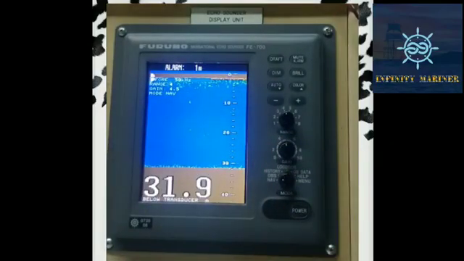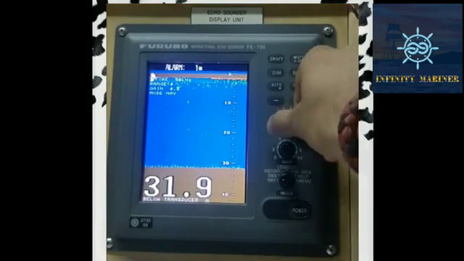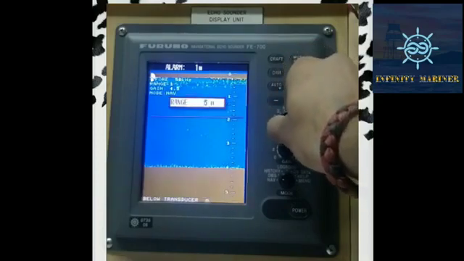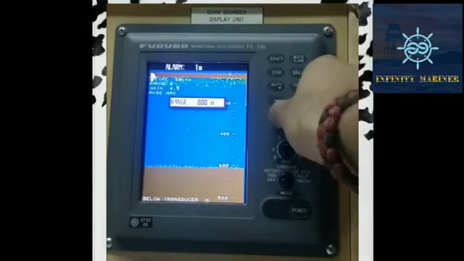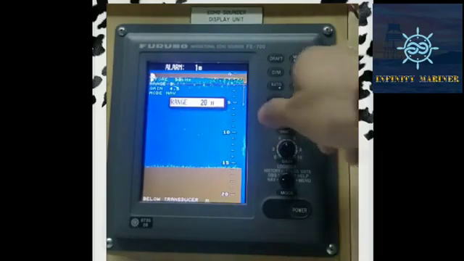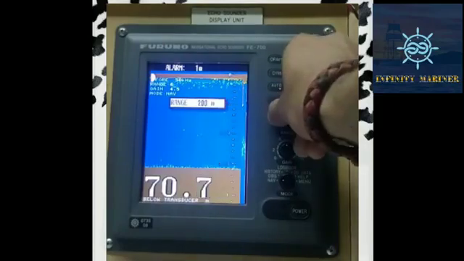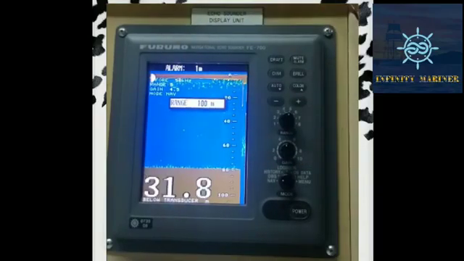Similarly, go to the navigation option. Now we'll discuss the range selection. You can see the current depth of the seabed in the nautical chart, and you can select the desired range. The range differs from 5 meters to 800 meters. If your depth is 210 meters, you need to select the range of 200 meters. If the depth is below 200, like 180 or 190, then you can select the 200 meter range, or if it is below 100 meters, you can select the 100 meter range.